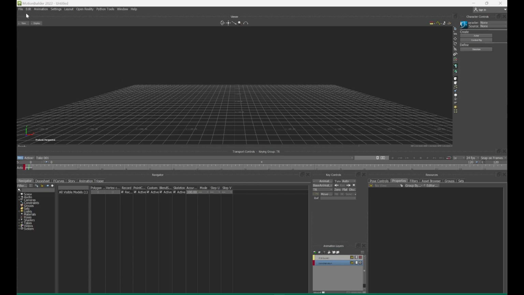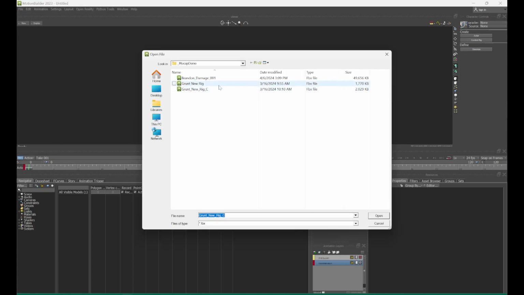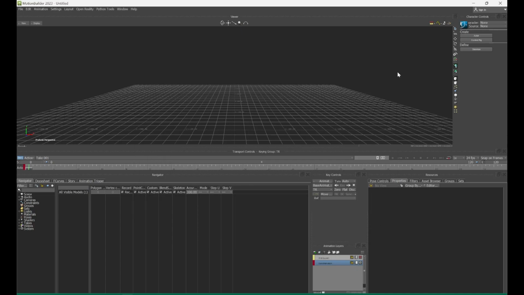So, first and foremost, I'm going to open up my file. Actually, I'm going to show you around Motion Builder for a second. This little menu right here is your character controls, basically Motion Builder's built-in natural control rig setup. Once you have a characterized character in here, which I will show you what that is in a couple minutes,